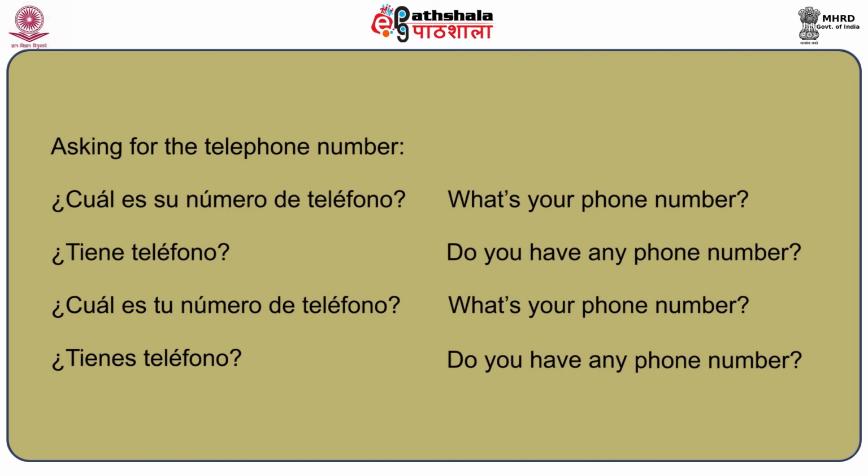Now, after asking the person's name and after talking about the pronouns like I, you, we, and after introducing and after having seen how to greet someone, we ask for their phone numbers. So the next step is how to ask for or give a phone number when we talk to someone for the first time or as and when we need it. To get this information, that is, to ask for someone's phone number, we have two options. One is you ask a question like